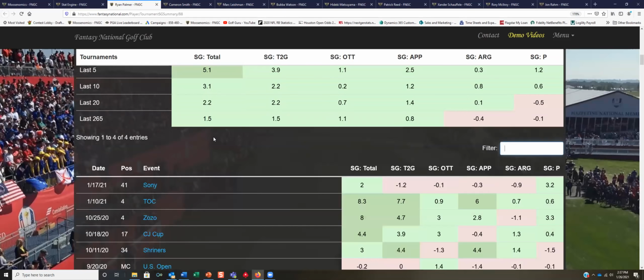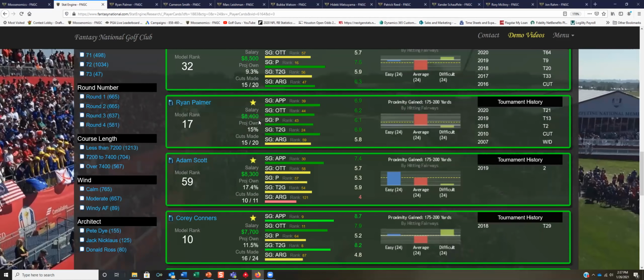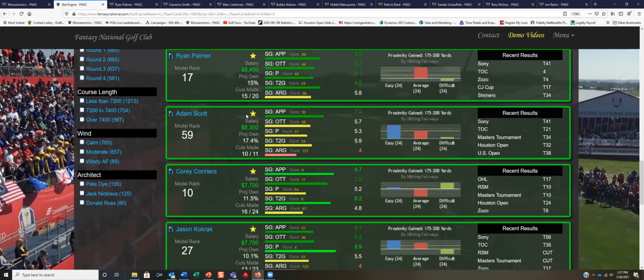Well, I still like him. I like his recent form. I like his game right now. And it's one of those things where you can make the decision to fade him because right now his projected ownership is pretty high. But there's another reason, and I'll tell you a little more about why I think Ryan Palmer is definitely a good play